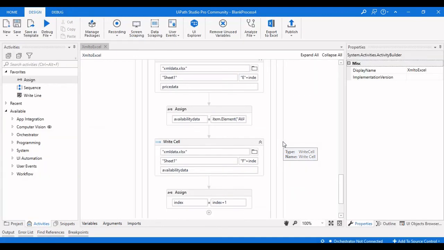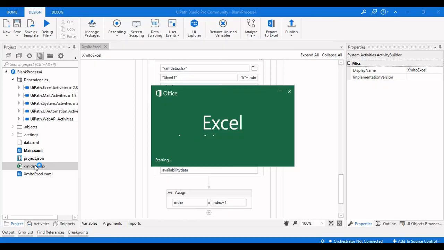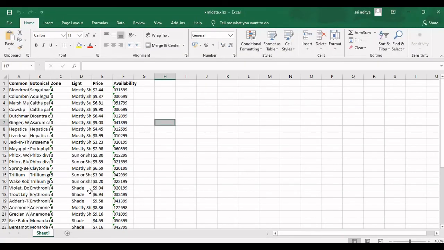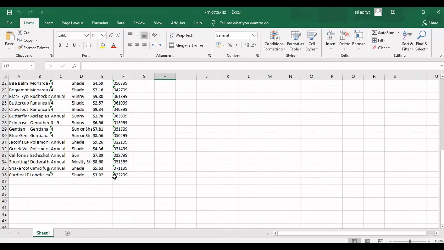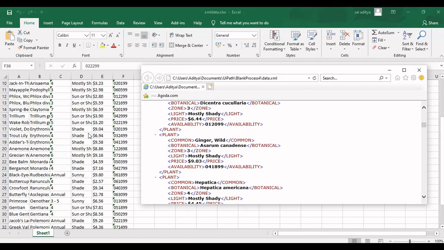And if you haven't watched how to enter the data dynamically into Excel, please watch them on our channel. Now we will open this Excel data file. We can see here all the values that are present in the XML were extracted to the Excel file.